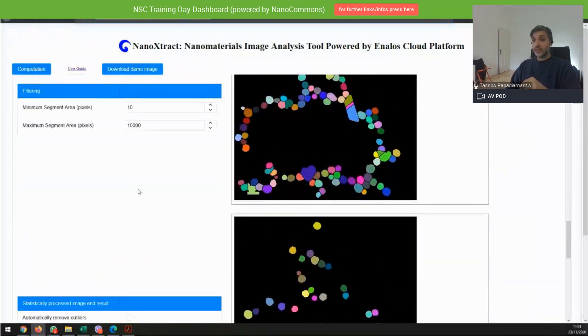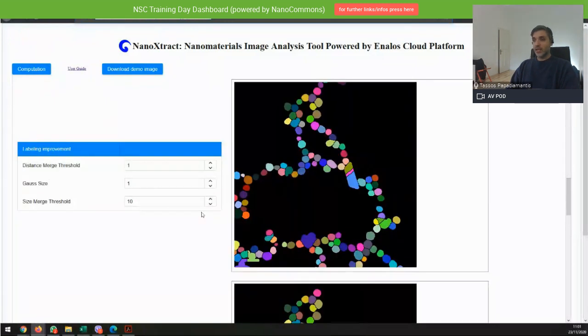So the thing is that, as I told you, if we play a bit and change the Gaussian size, it will lead to less splitting. So keep an eye on this image.